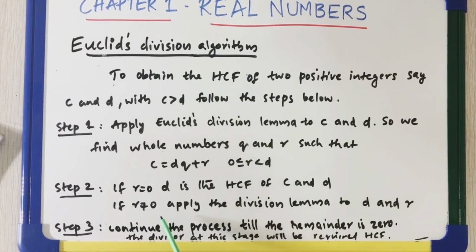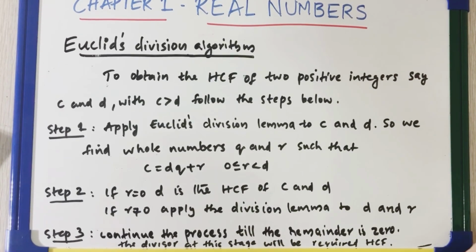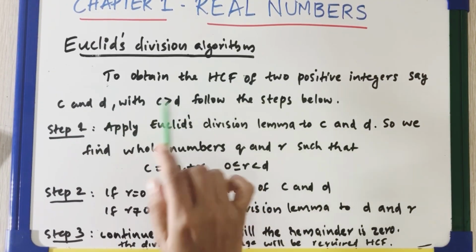If r is not equal to 0, apply the division lemma to d and r. Step 3. Continue the process till the remainder is 0. The divisor at this stage will be the required HCF. That is, to find the HCF of two positive integers c and d with c greater than d, first